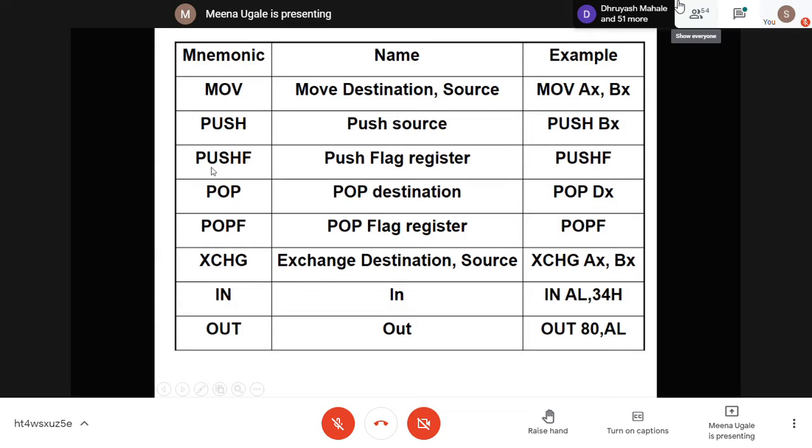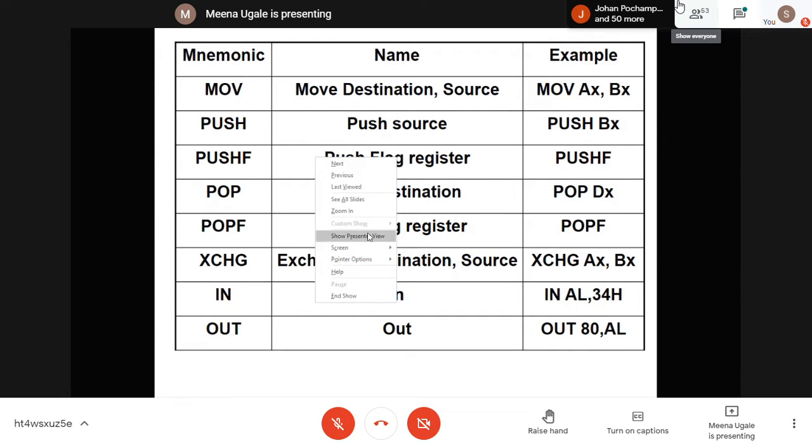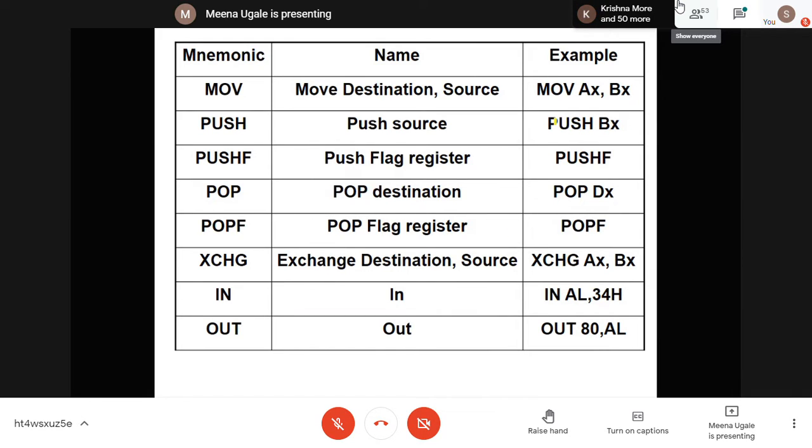Similar to that, you have the next instruction, push F. F stands for the flag register. If I want to copy the content of the flag register in the stack memory, I will write this instruction. The F itself is telling you it is the flag register, so you need not write any source over there. Like in push BX, we write BX because we want to copy BX in stack memory. But when I write push F, this F is indirectly telling you to go for only the flag register. So it will be only push F, and there is no need to give any source operand there.